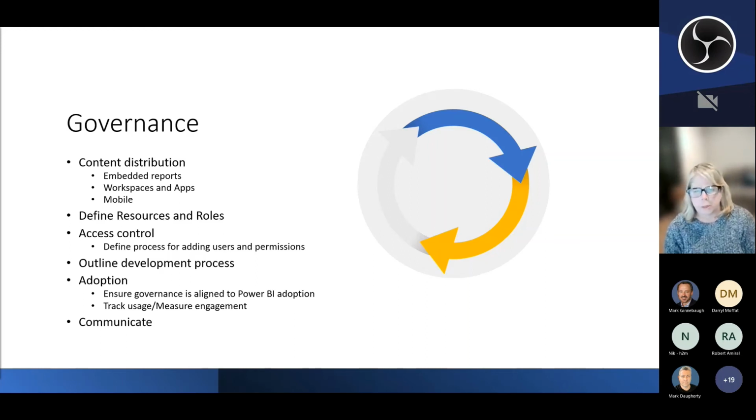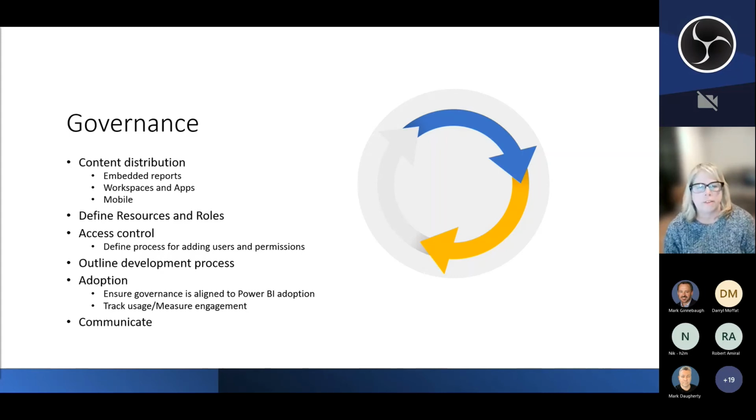What are your workspaces? What are your apps? And I think I'd be remiss if I didn't recommend for sure that you use apps as your delivery mechanism for sharing reports on the service and granting permissions at that level versus giving a user a report link to your workspace. Much more success with your apps. And so kind of talking through with your governance team, what are those apps going to be? Are we going to use mobile? Making those decisions is really what you want your governance team to own,